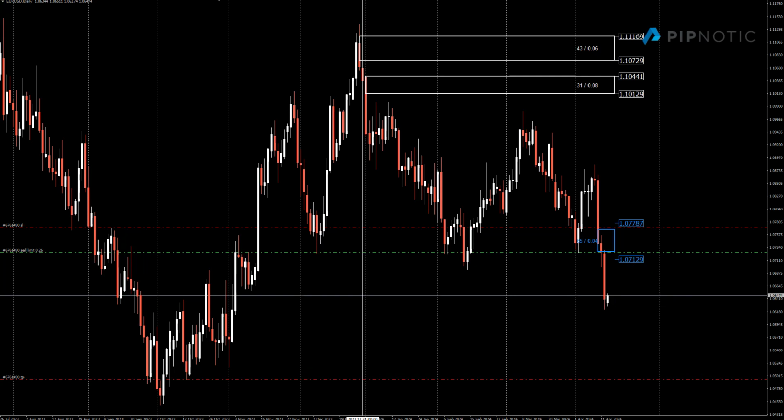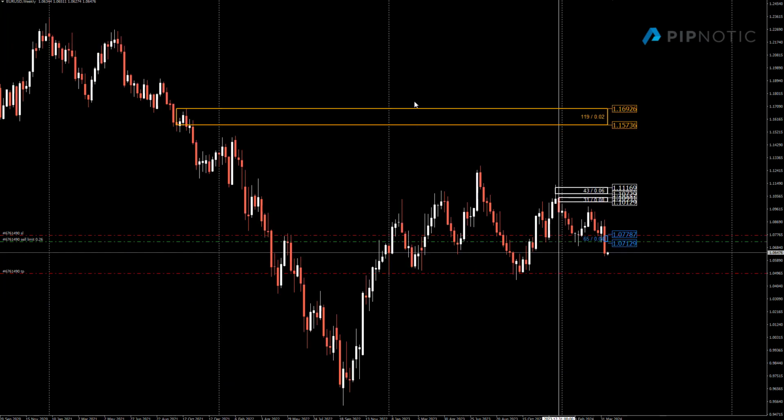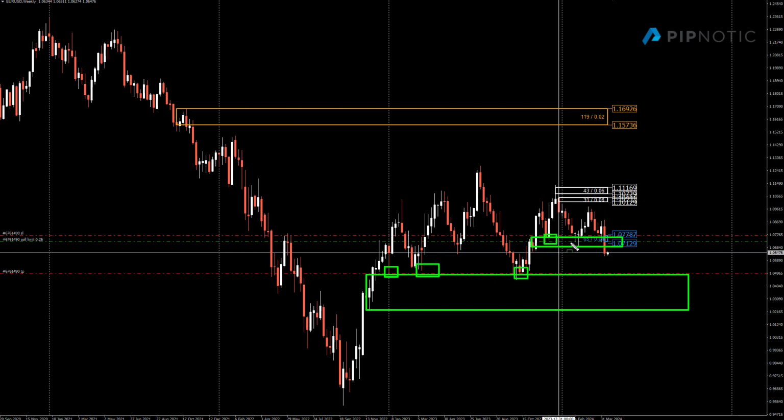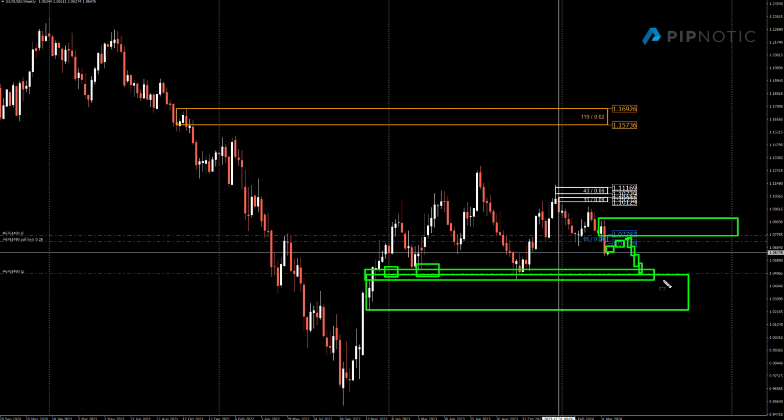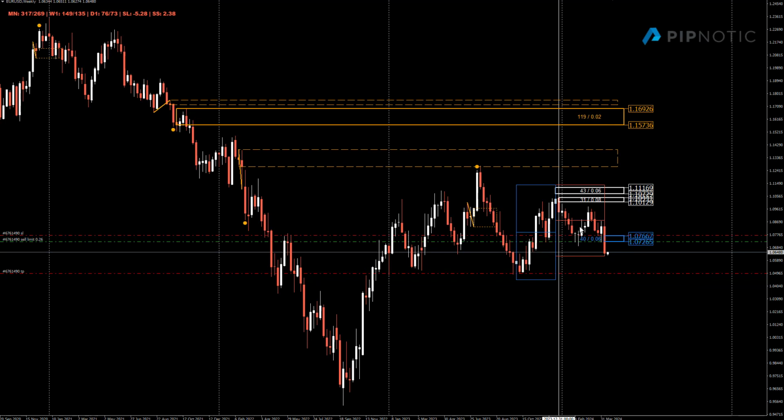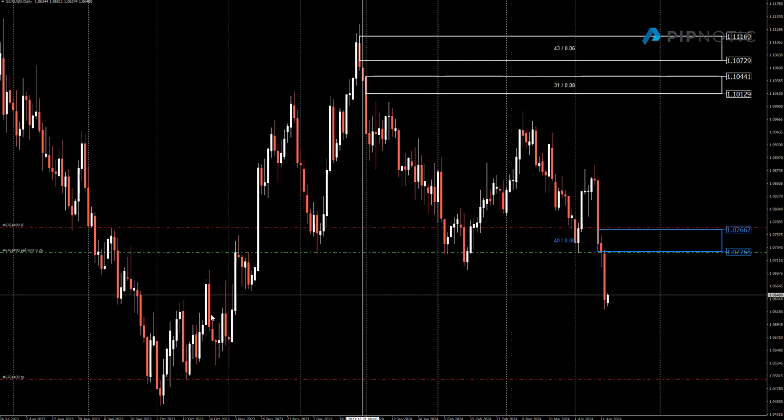If we have a look at the weekly, just to kind of gauge what we're seeing here. Yeah, on the weekly, we're seeing this, tested, this, tested, broken by this. And so I think we'll see prices come down and revisit these lows right around here. So the robot got that nicely, but we'll wait and see.